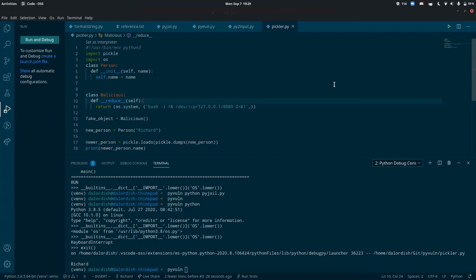And because I wanted to make this example slightly more realistic so you can understand how you can use your RCEs in all of the other examples, I've actually got this bit of code here. For those of you who are more experienced, you'll recognize this instantly as a reverse shell. For those of you who aren't, basically, getting access to Python is all well and good, but most of the time in the real world, you want to get beyond Python. You want to be able to execute code and your own commands on the server itself.